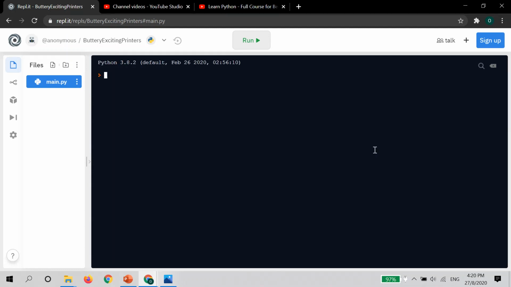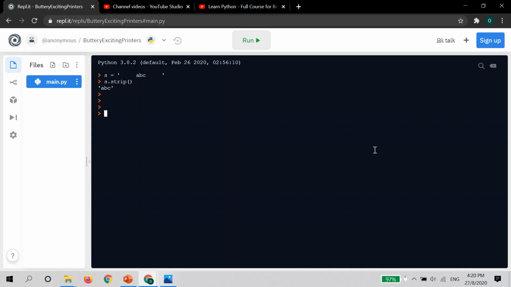Okay, the next function I want to introduce is strip. For example, let's define a string S equal to space, space, space, ABC, extra space. Okay, so this is our string S. Let's say I want to remove the leading and the trailing space. I just want to keep the ABC. What do I do? I can do S dot strip. Now you can see it returns me just the ABC without the extra space.